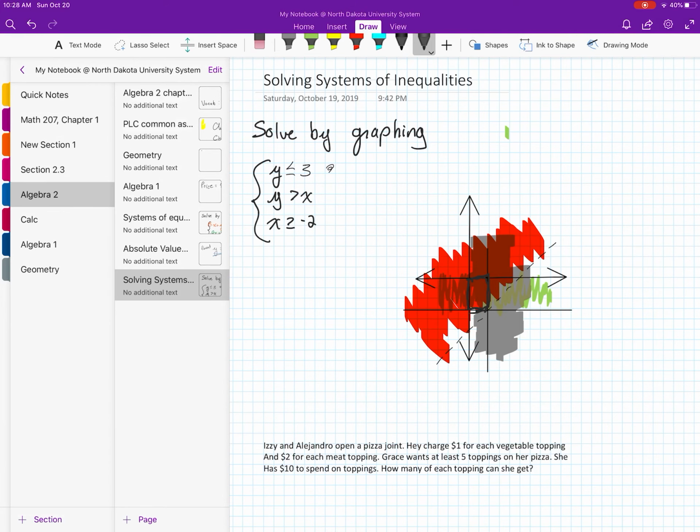I'm going to pick, let's see, -1, 1, right? And let's see what happens when we substitute. So if I'm using -1, 1, here I'm going to substitute 1 for y. Is that less than or equal to 3? Well, yes, it is. Here I'm going to substitute 1 for y and -1 for x, and y, 1 is definitely greater than x, -1. And here we have -1 greater than or equal to -2, and -1 is in fact greater than -2. Okay, so